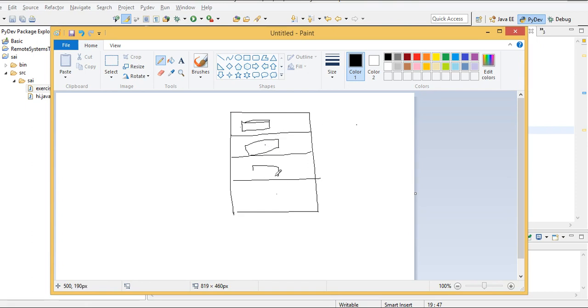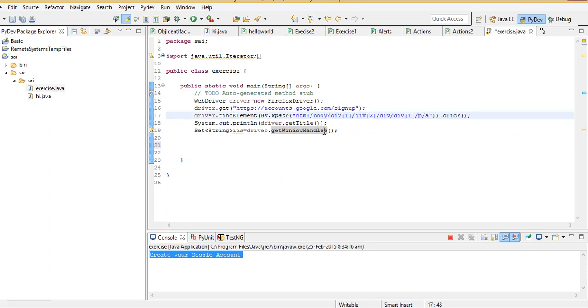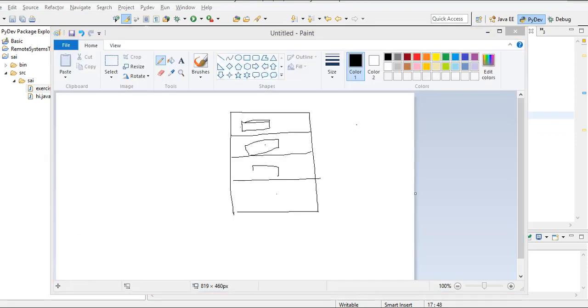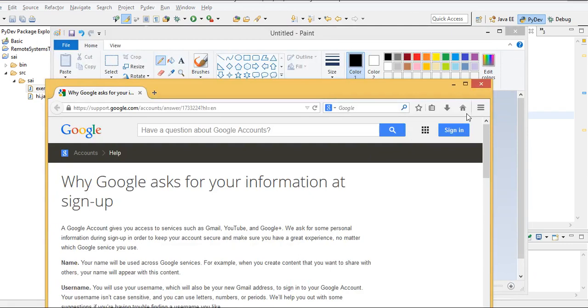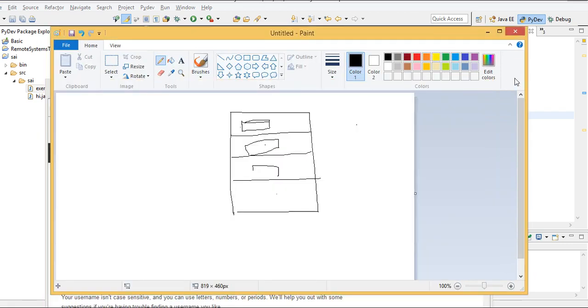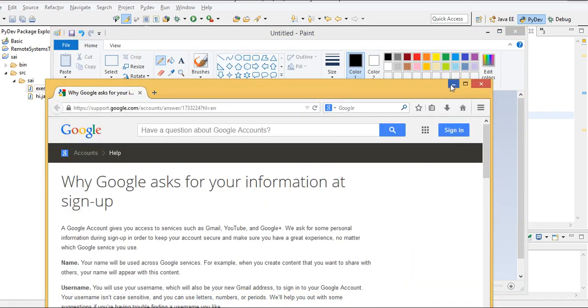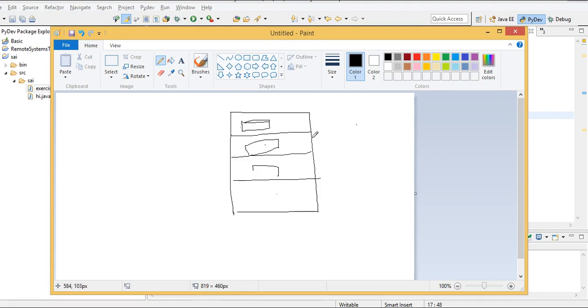Fine. Now in our case we have only two IDs. When I hit this command, one is parent and the other is child, this one child window. So only two window handle IDs will be stored in this set, one here and one here. Keep that in mind.